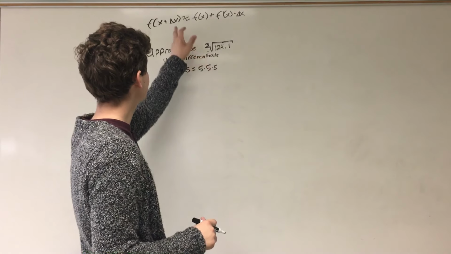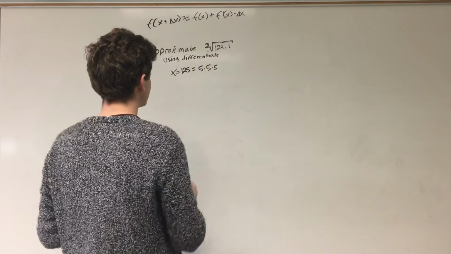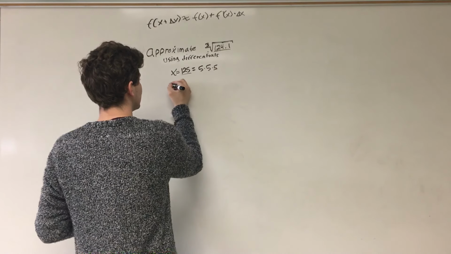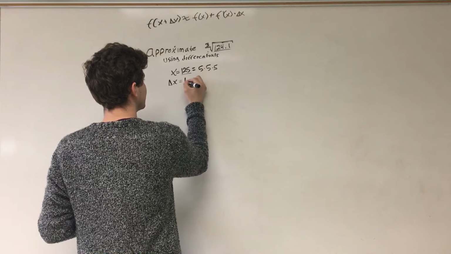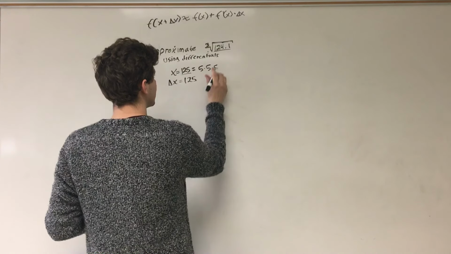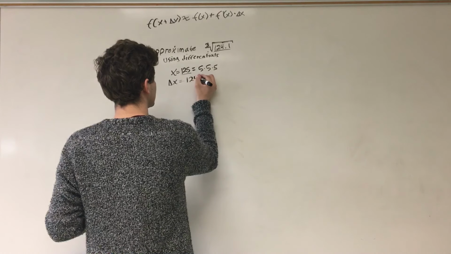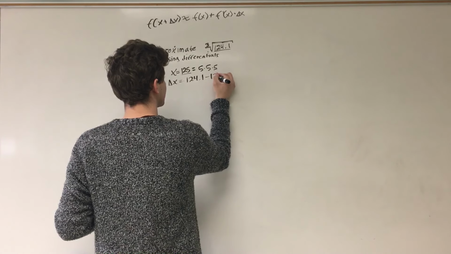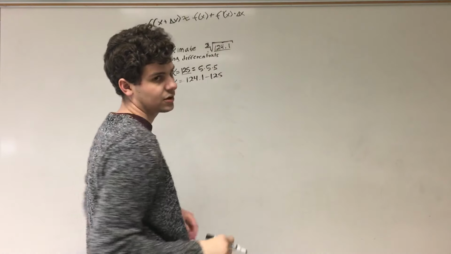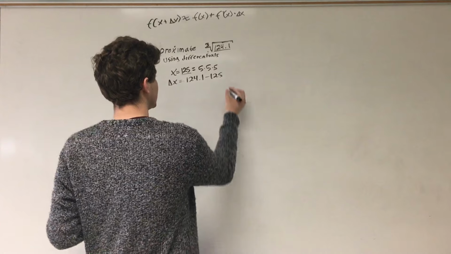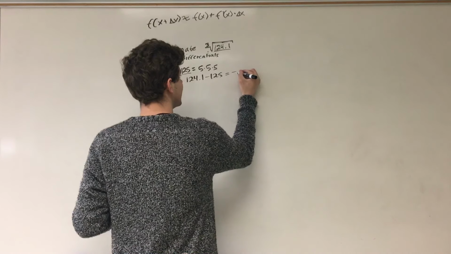If we're comparing, delta x is the change in x. And so if we're going from this value to this value, our delta x is going to be 124.1 minus 125, because this is our initial, and then this is our second thing that we're changing it to. So we can see that this equals negative